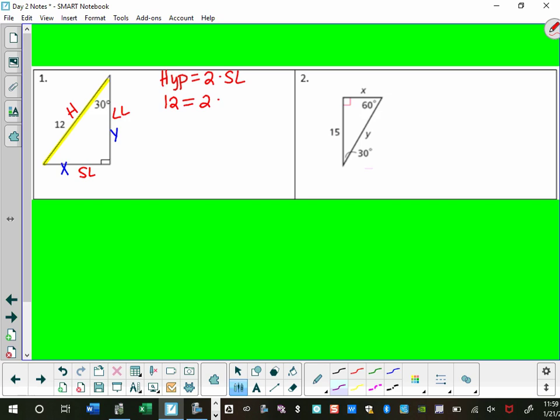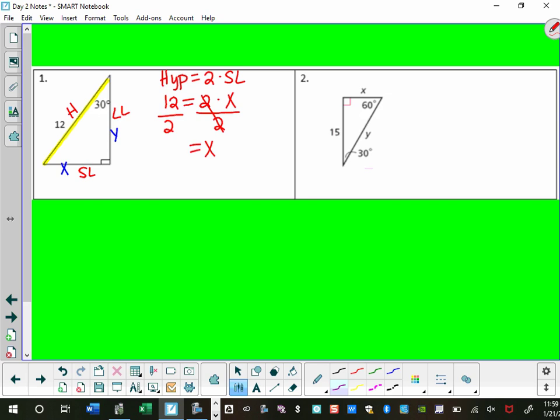Be careful, I don't want you to mix up angles and sides. Your short leg is what? x. So how do I solve for x? 12 equals 2x. What do we do? We're multiplying, so what's the opposite of multiplying? Divide. We divide by 2. So x is going to equal